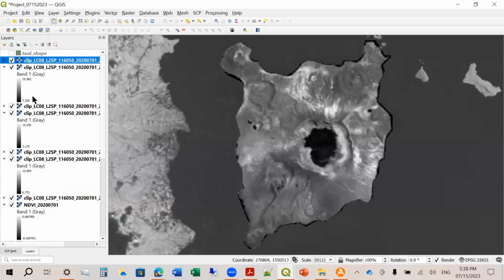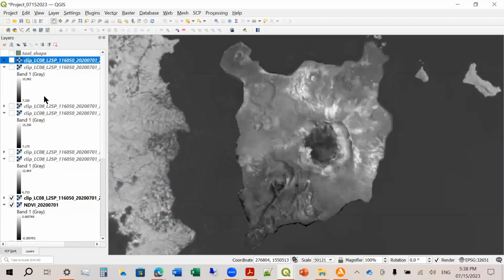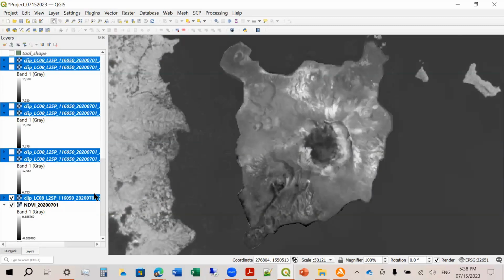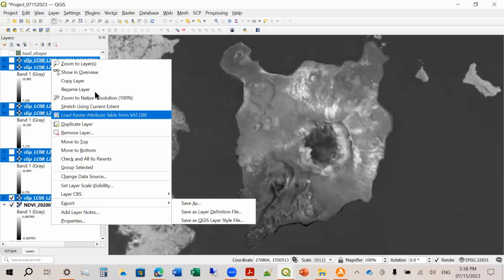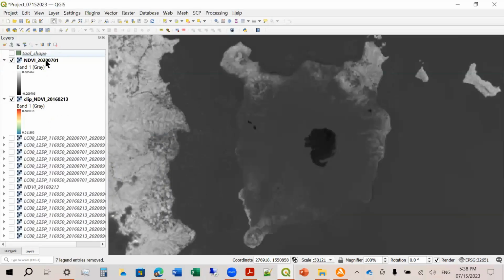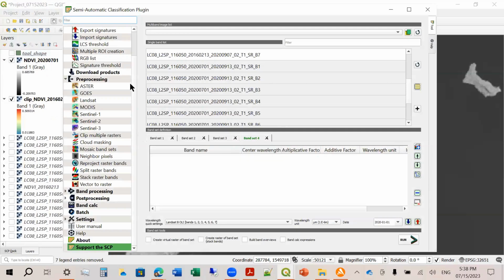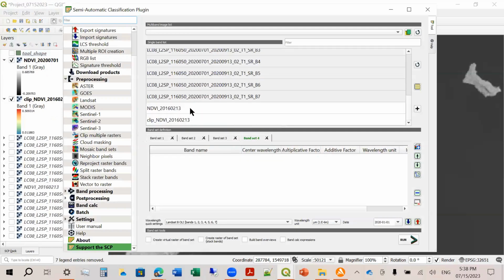Sorry, I made a mistake. Okay, sorry about that. So let me just delete this clip because band set 3 pala is the raw data. Okay, so let's go back to band set and let's define a new band set where we can put NDVI for 2020. So again, how to do that?